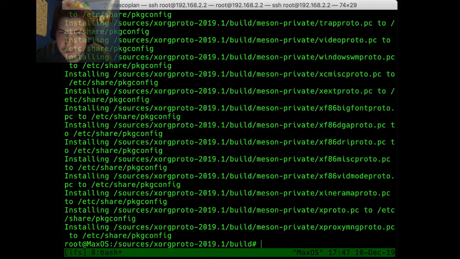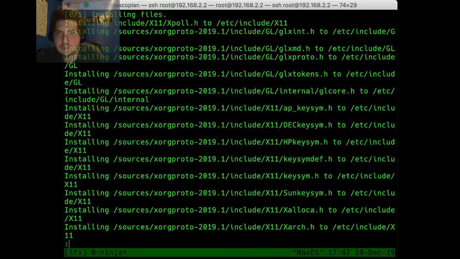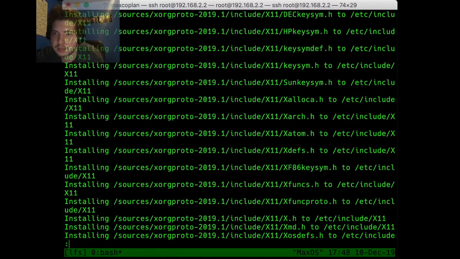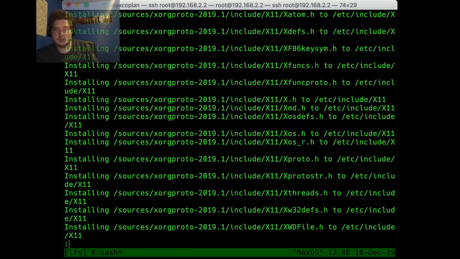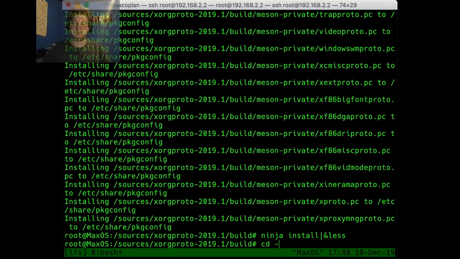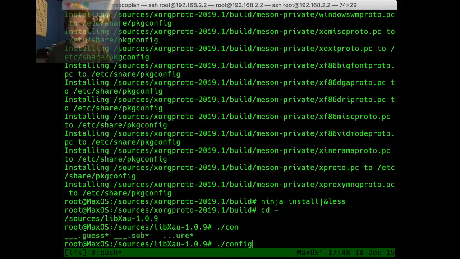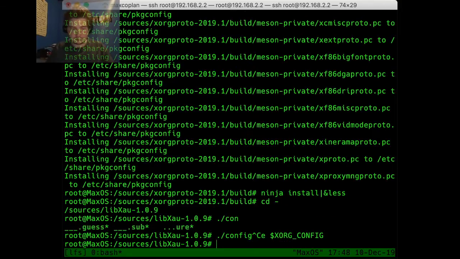Installing it. See, look, it's putting all the package configs in the right place. It's looking in all the regular places. I mean, it's putting them where you would think to put them. Where's my configure class at?